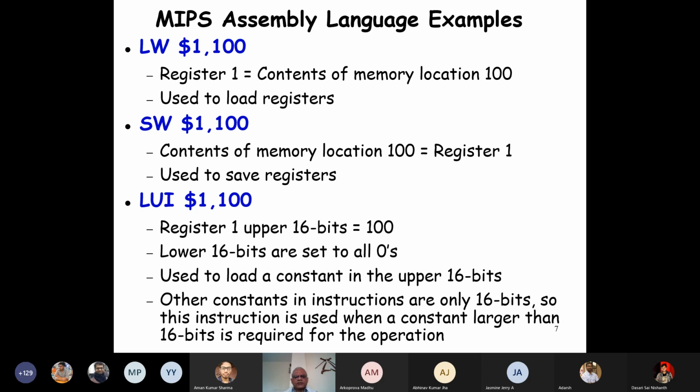There are 111 instructions, but in our programs we'll use hardly 20, 25, or maybe a max of 30 instructions. We're not going to use all the instructions that are available. Only when you are developing professional programs on the MIPS processor do you need all the 111 to be mastered. Here we're just getting a feel of assembly programming, and we will be able to write small assembly code, like searching for a number in an array or sorting an array, that kind of small program. We will need only 25, 30 instructions.